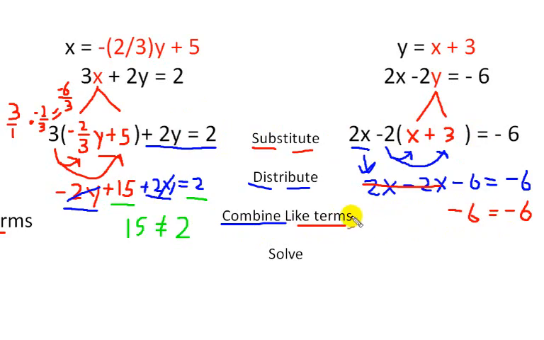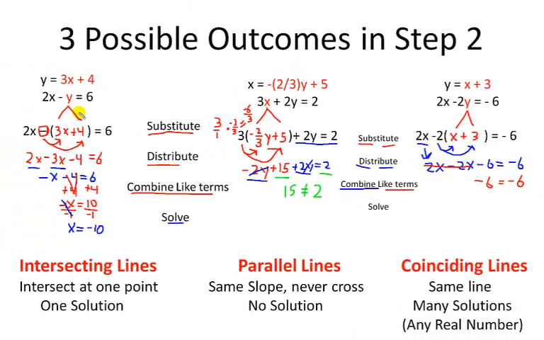So let's talk about what all three of these mean. So if you do solve for a variable, for example x equals negative 10, that means that these lines intersect. They intersect at one point and we have one solution. Once we find out what x equals, we can plug that back in and we can find out what y equals. For example here, if we plugged in negative 10 for x,